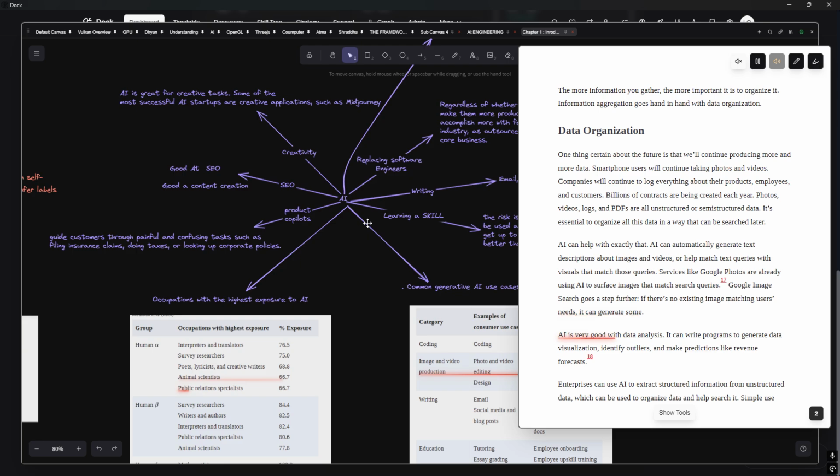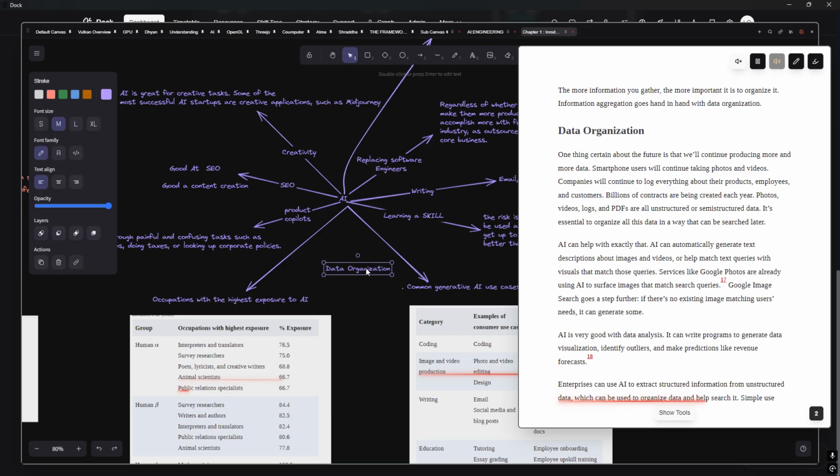AI is very good with data analysis. It can write programs to generate data visualization, identify outliers, and make predictions like revenue forecasts. Enterprises can use AI to extract structured information from unstructured data, which can be used to organize data and help search it. Simple use cases include